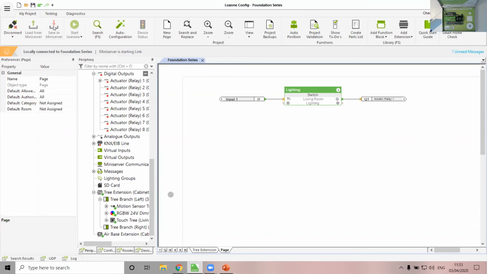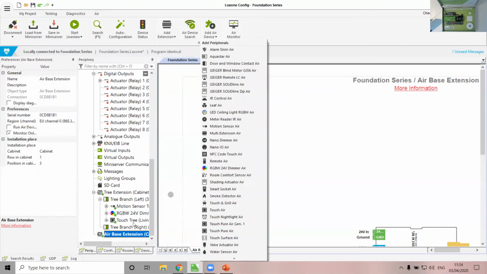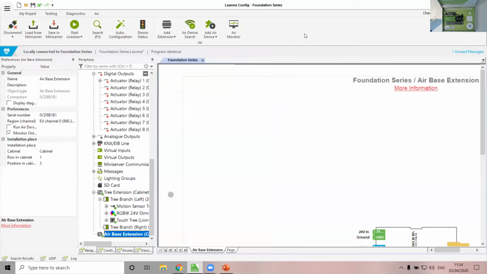And then when that's saved in, just give it a second to sync, and there you go, lovely sequence of blinky lights. Don't you just love the little things like that? And then for air devices, these would be exactly the same. I can manually add them from the list here once I've got the airbase selected, or I can do an